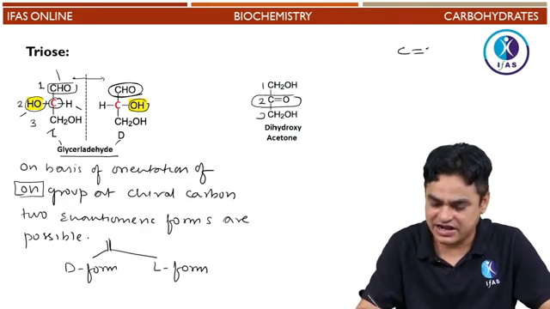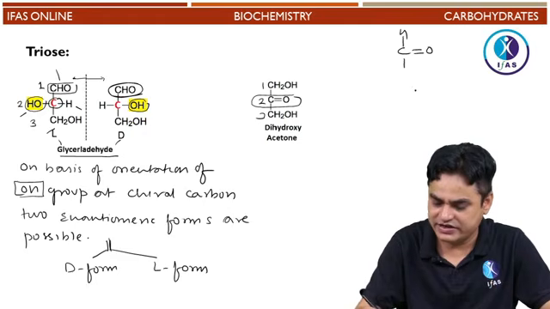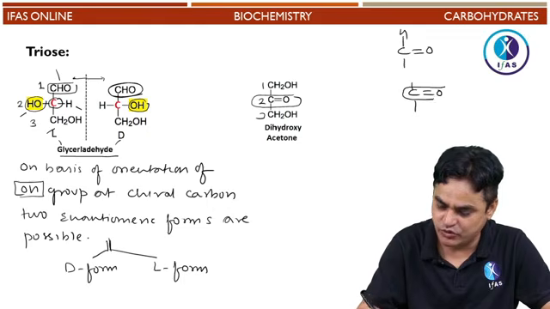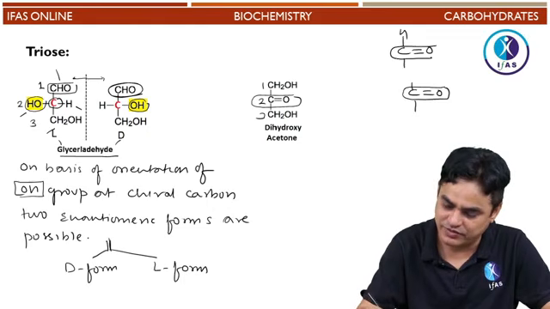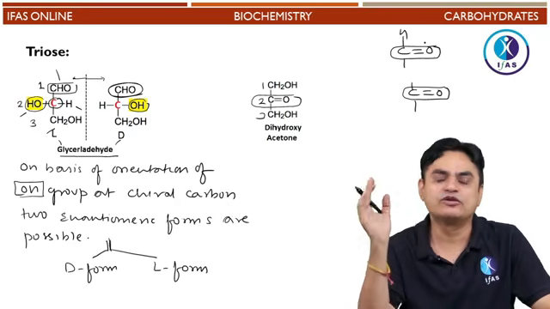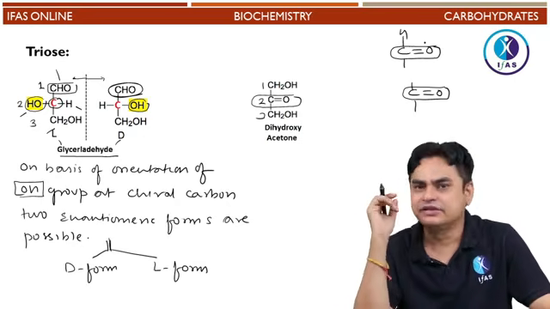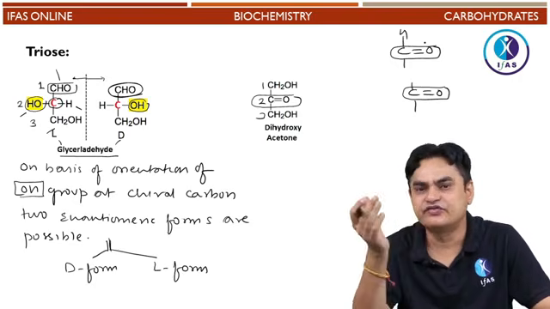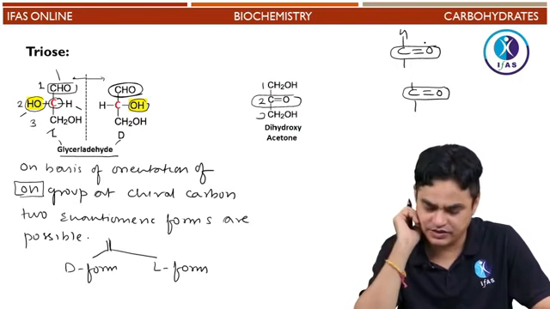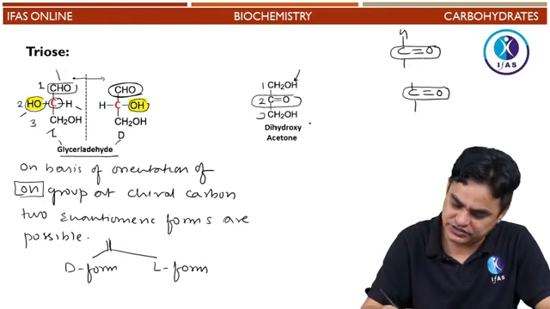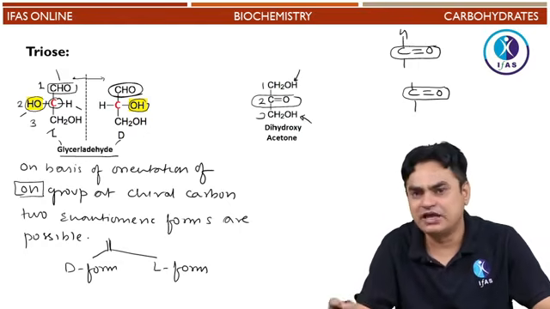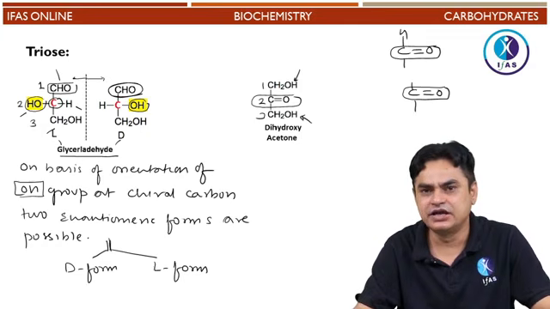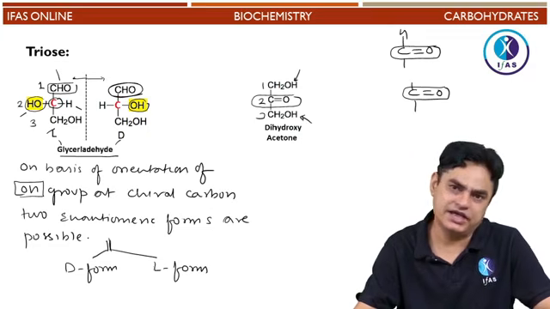Whether it is an aldehyde group or a ketone group, one thing which is common to both is C double bond O, which is referred to as the carbonyl group. The carbonyl group is present in ketones, and the carbonyl group is also present in aldehydes. But in ketones the functional group is at the second position, while in aldehydes the functional group would be at the first position. So there is an OH group on the first position and an OH group on the third position, so that the polyhydroxy condition could be satisfied. Now this triose is referred to as dihydroxyacetone.